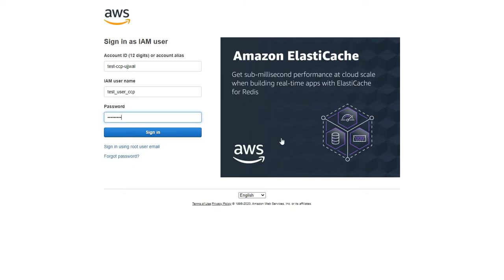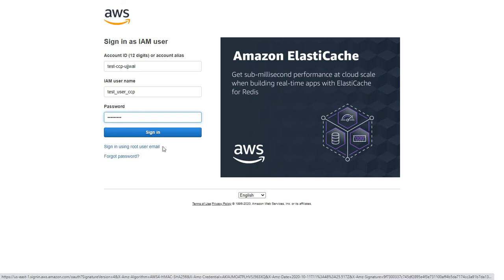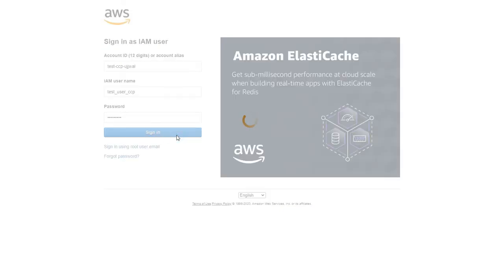Let's now log in with our newly created user using this URL. I opened the custom link for logging in as an IAM user. It automatically populates the account ID. I filled in my IAM username and password. You can also log in as a root user if you want to directly by clicking on this link. Since I want to show you the IAM user, I will be clicking on sign in now.